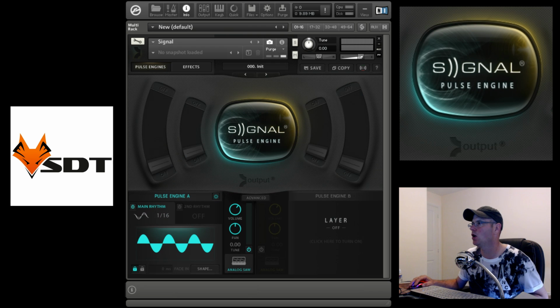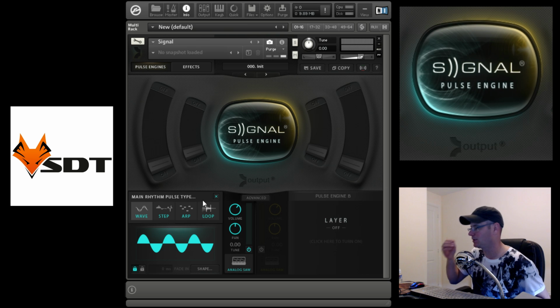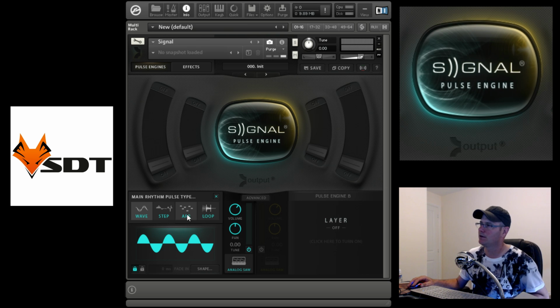When a Pulse engine is on, it's highlighted. To turn it off, use the power switch. You've got 2 Pulse engines, A and B. In effect, you can't have a sound source without a Pulse engine. Although, as we'll talk about later, you could set a step so that it's on all the time so that it sounds constant, but rather than being called an oscillator, they call it a Pulse